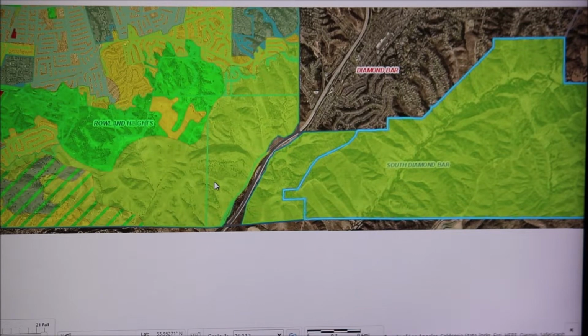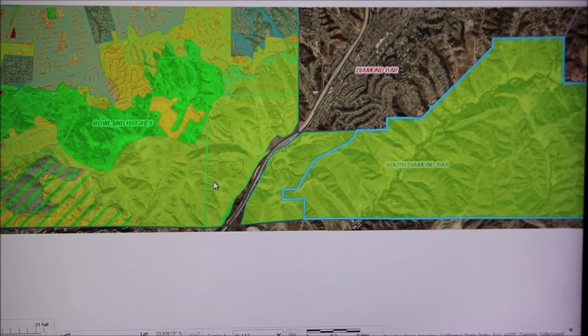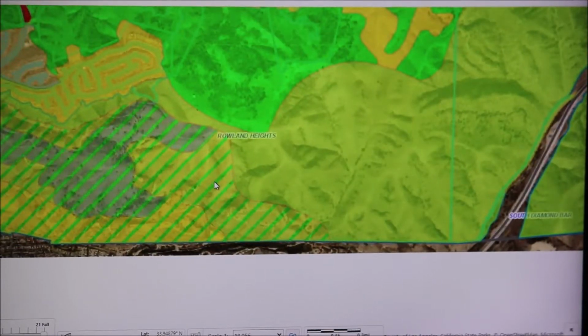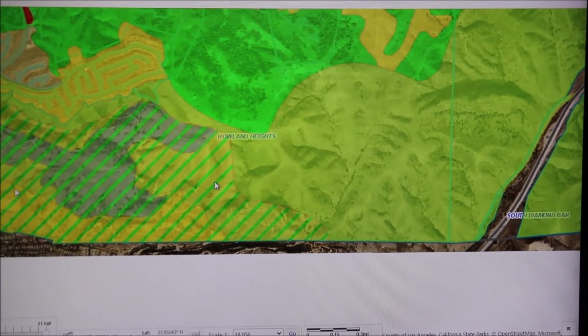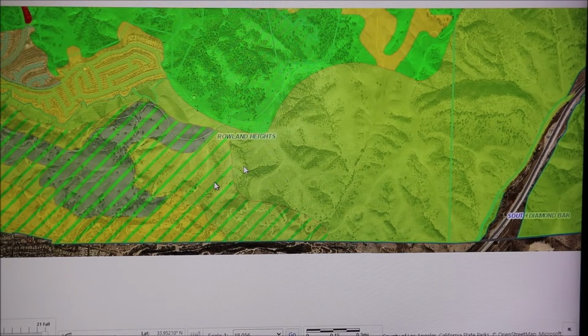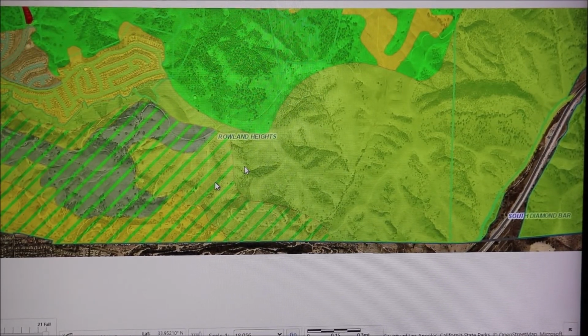Some of their parcel sizes are a lot smaller, so that would reflect the general parcel size. But again, we don't think any of the U designations, which are the H designations, are really